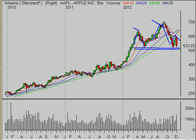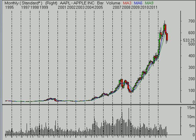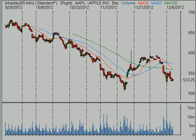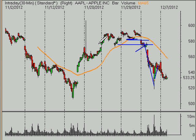and down near about this 510 level, I mean, the height of this would be 200 points. Do you think Apple could go to 300? It's a stock. Stocks can do anything. They all go through the life cycle of big advances and big declines, and this would definitely be a big decline to get it down to 300. I think it's possible. I don't think it's likely, but we have to look at the evidence as it comes, because obviously there's going to be many 50-point moves between now and a move to